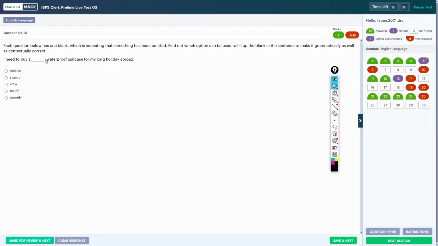I need to buy a waterproof suitcase for my long holiday abroad. I want to buy a sturdy one. Do not forget to pull